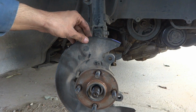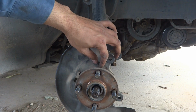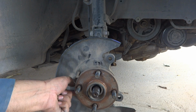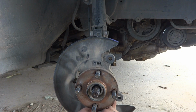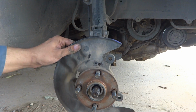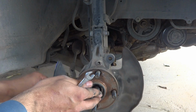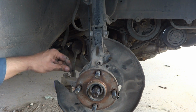We have to remove this plate also. This is fixed by 3 10mm bolts, so we have to remove these bolts. I already loosened them. The reason for this removal is that this plate will not come in our way while removing things. So the next thing is we have to remove this 17mm